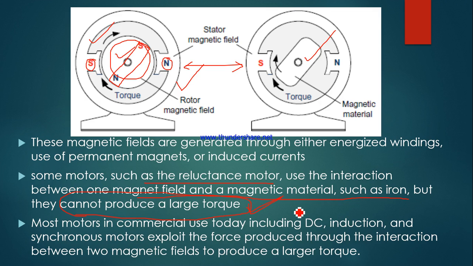It will be useless. So in such applications, isolated control of RPM and torque is very essential, and the torque profile also should be very, very smooth. In such a case, we cannot use a reluctance machine. There are two reasons. One, it cannot generate large torque. Second, the torque profile is not very smooth. So in commercial applications, mainly in the power and process industry, the separately excited DC machine, induction machine, and synchronous machine are used.